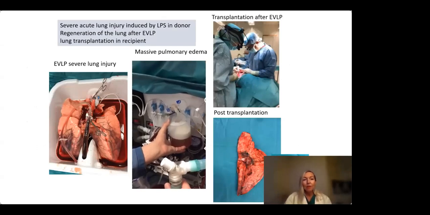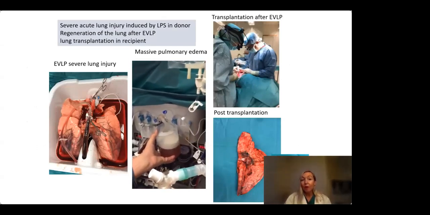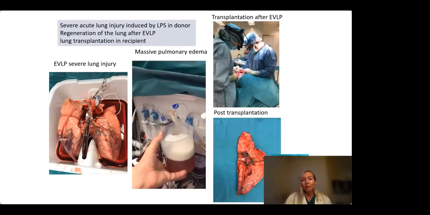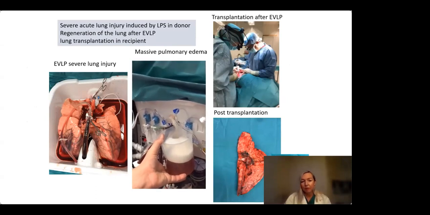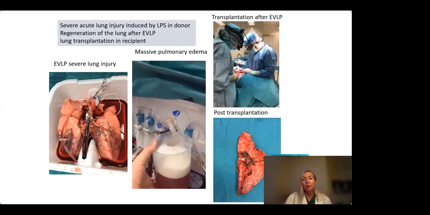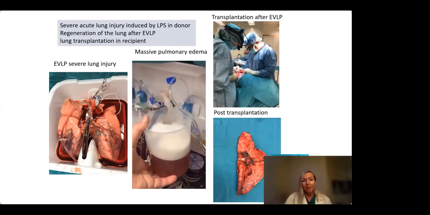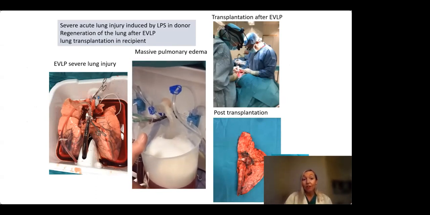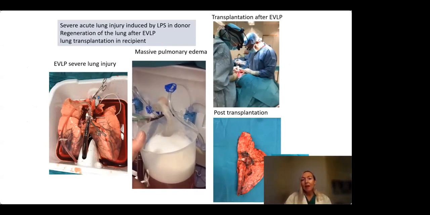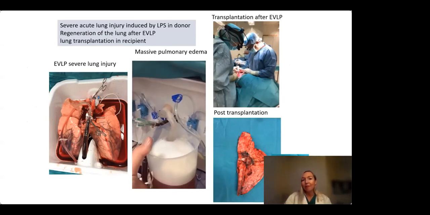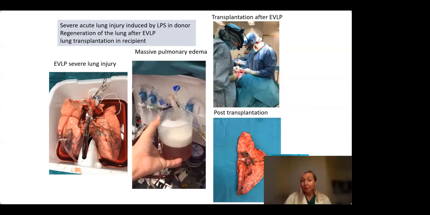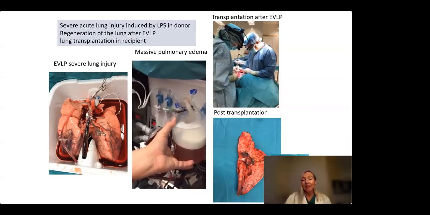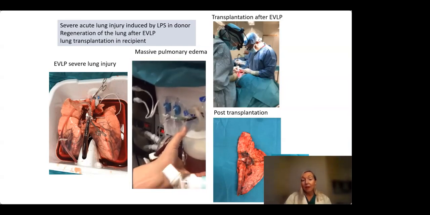In one recipient in the treated group, the graft developed dramatic pulmonary edema after 2 hours of EVLP, and we could drain up to 1.2 liters of fluid, as you can see here, the drainage from the trachea during the EVLP. Measurements were taken during transplantation to fit this enlarged graft into the chest. But on the 3rd day post-transplantation, you see the same lung here in the figure, and it worked fine, with good ABG and good X-ray without any primary graft dysfunction.